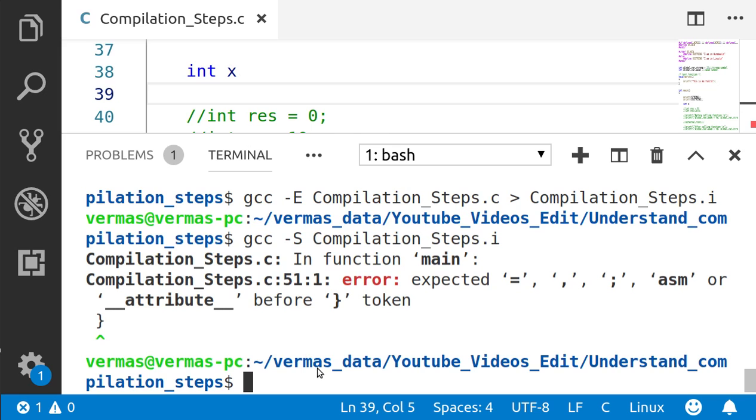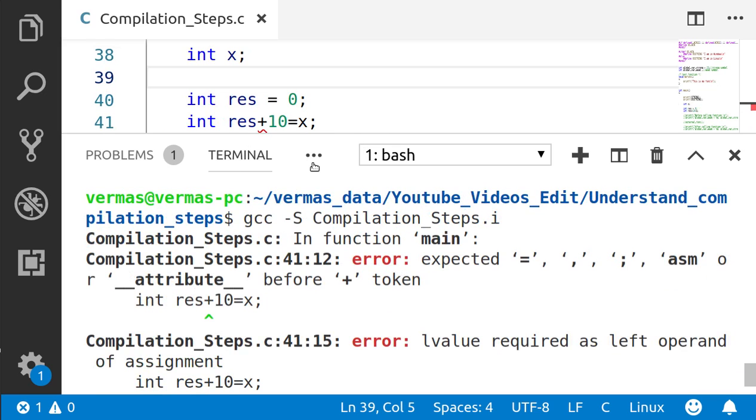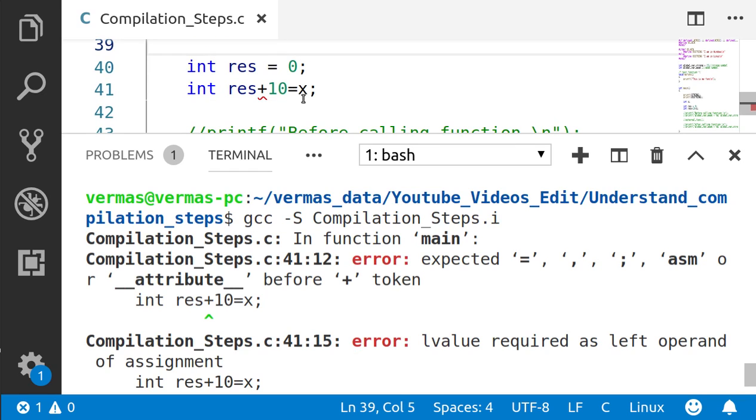Now let us understand what is a semantic error. Semantic errors are those errors which occur when there is a problem with the L value or the R value. You can see in the case of int res; res + 10 = x, here the Rx must be on the left hand side of the equal to operator.